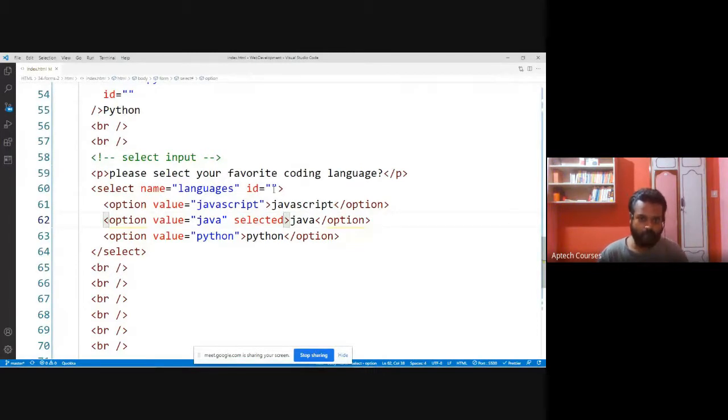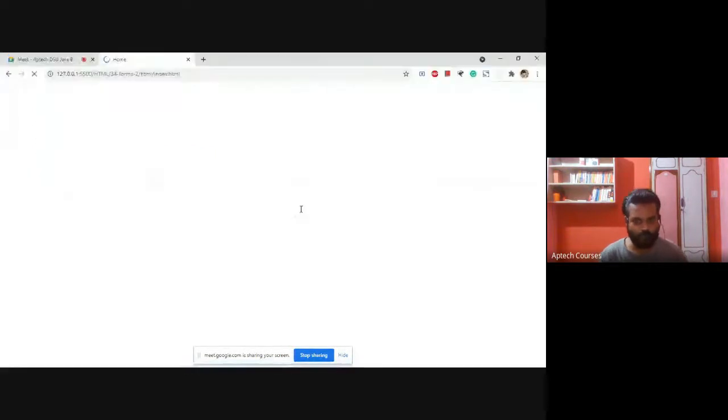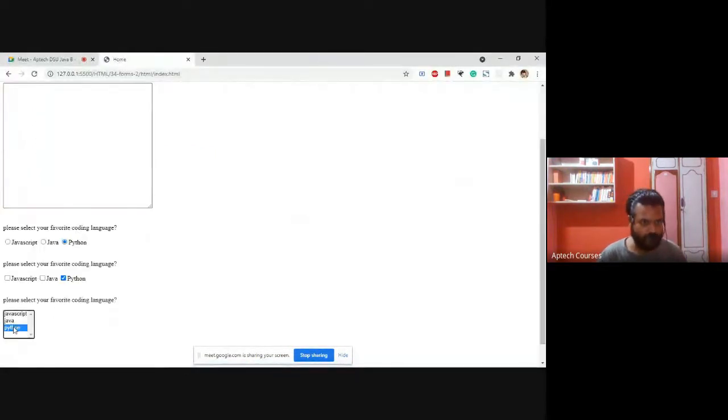And also, I can make it multi-select, multiple. Let me try that. See, we are able to select multiple options.